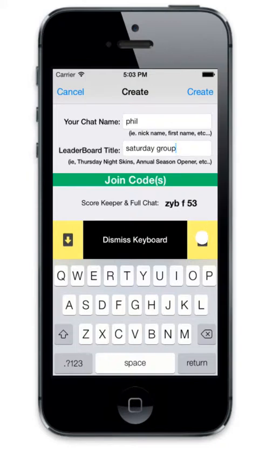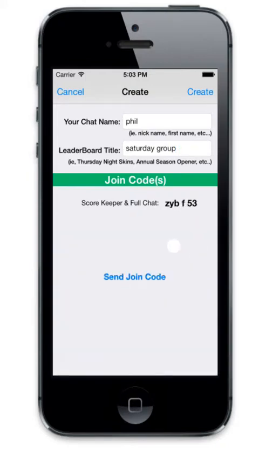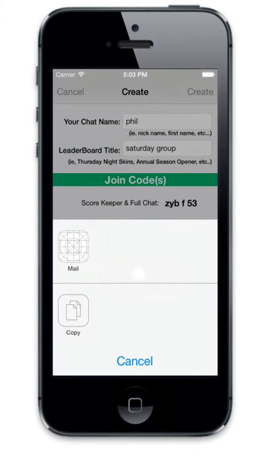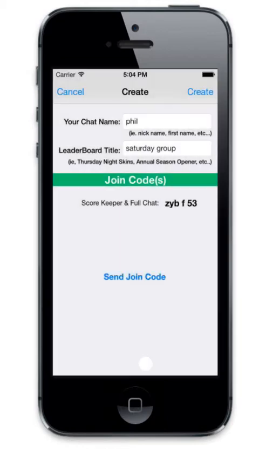And notice once you dismiss this keyboard, we can send the join code to other people. So when you do this on your phone, on this simulator, it doesn't have SMS and Facebook and things like that. So you'll be able to send email, an SMS text, post it on Facebook or what have you, and just target the individuals that you want to receive the code, or just share it on the putting green before you play. So this particular code is ZYB Frank 53, and I'm going to enter that on my phone